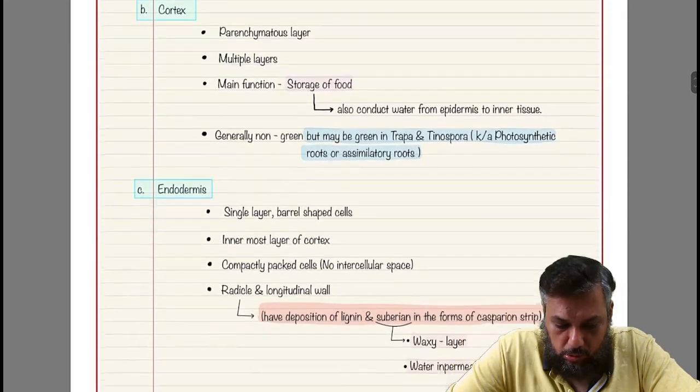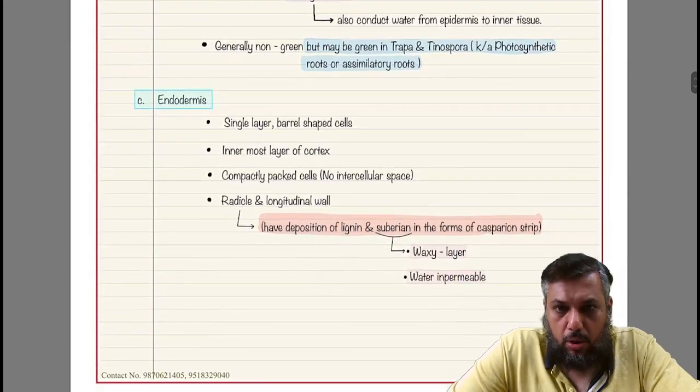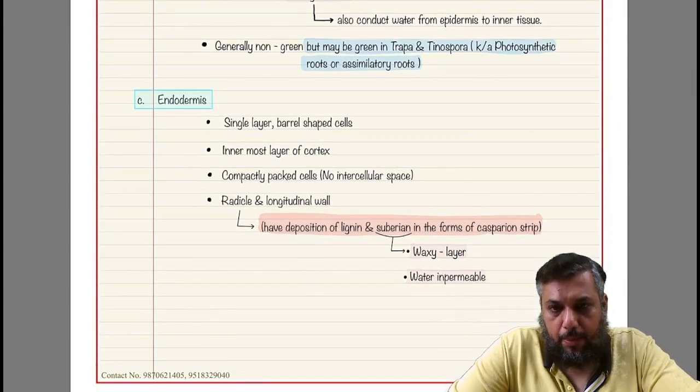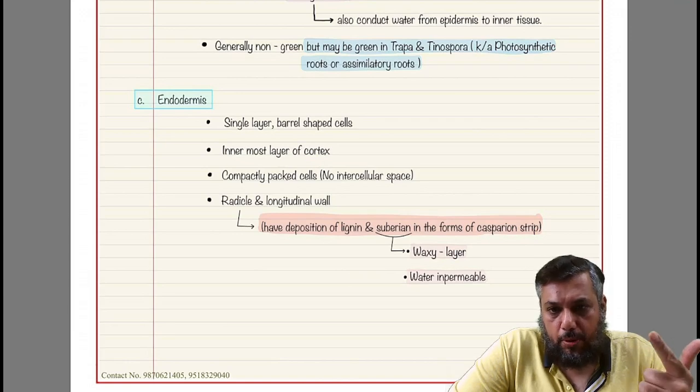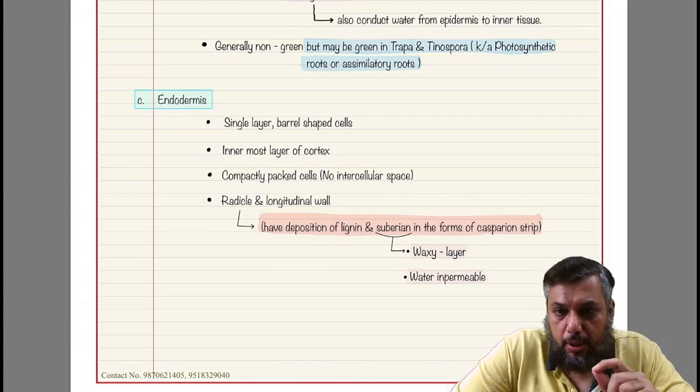Now, if you summarize the layers, the outermost layer is the epiblema, followed by the cortex, followed by the innermost layer of the cortex that is called endodermis, followed by the pericycle, followed by the vascular bundles, including the xylem and phloem, and in the center there is going to be a layer which is called